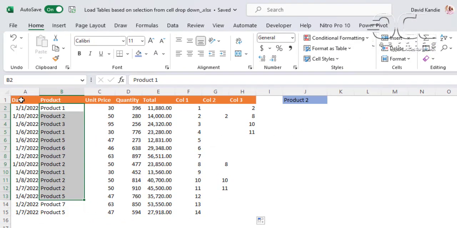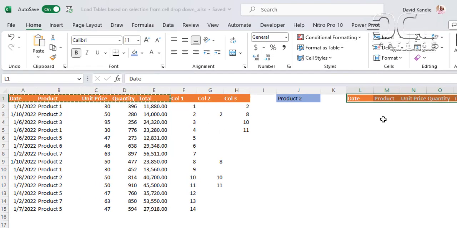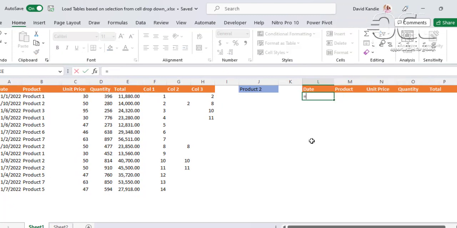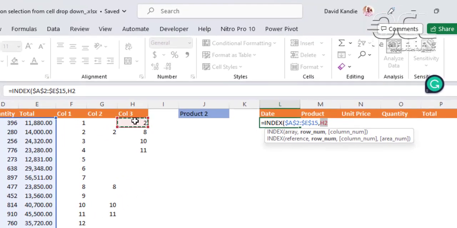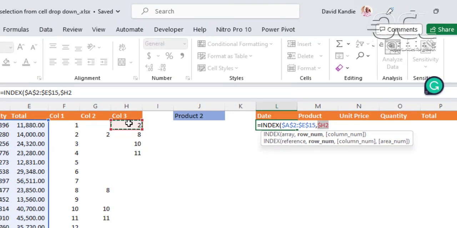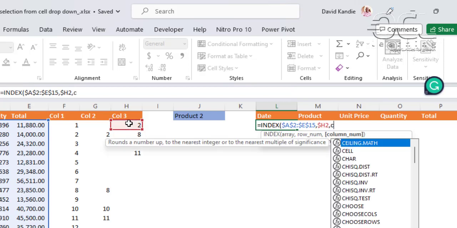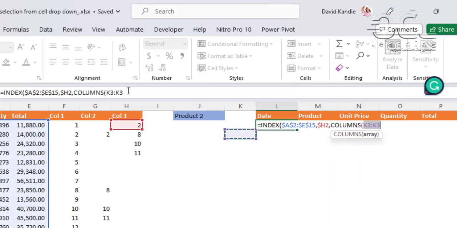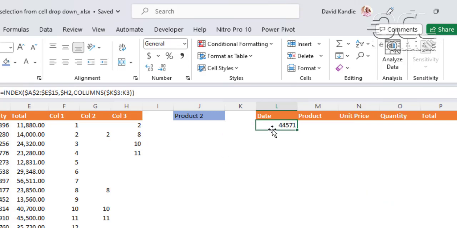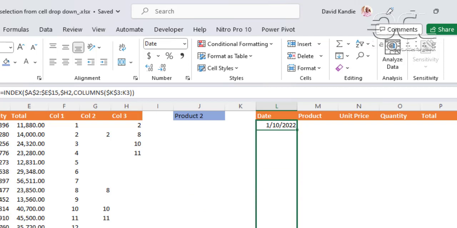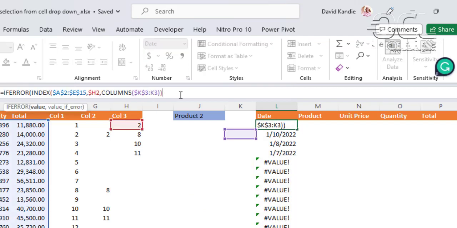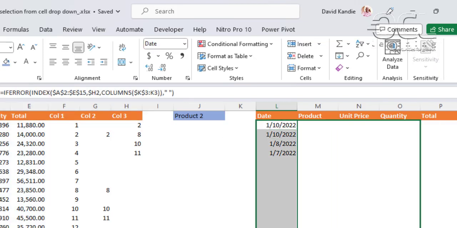So I'm going to use INDEX. First, I'm going to bring in the headers from date to total, space that, then use the INDEX function. So I'll index this up to that point, INDEX, lock that, then give me what is in this row, then lock the column, then give me the column that is here. This will give me the dates in a format that is not the dates. So I'm going to change this to the dates like that and copy this, and I introduce the IFERROR, then have this return a blank. Then I copy my numbers now to the right to total,